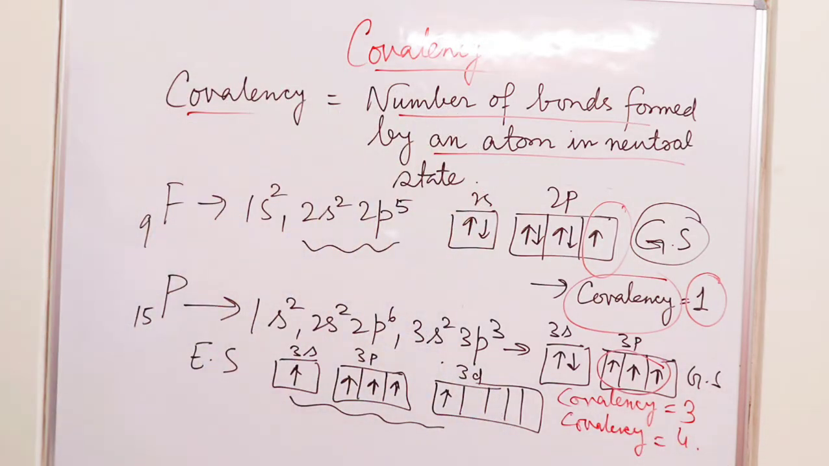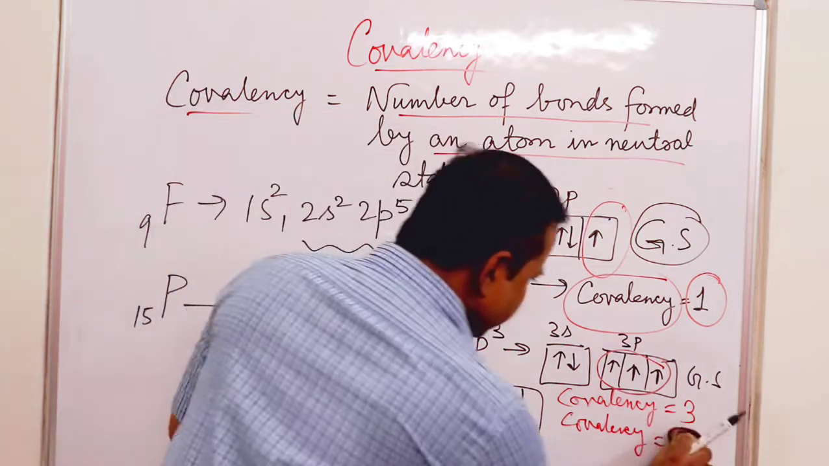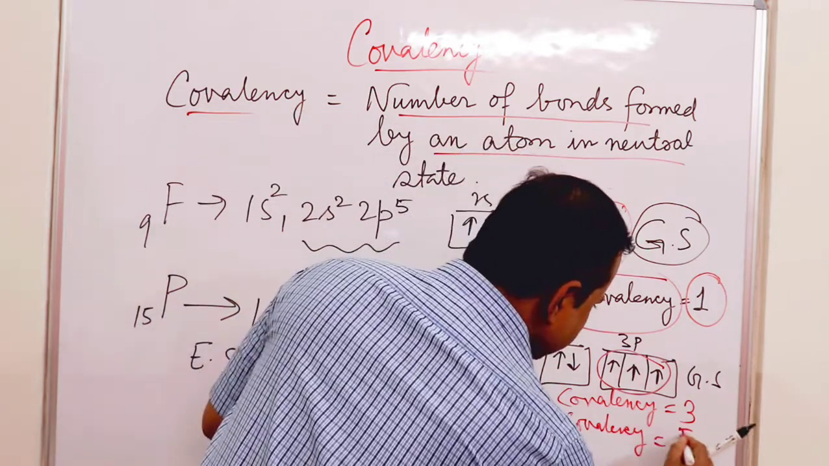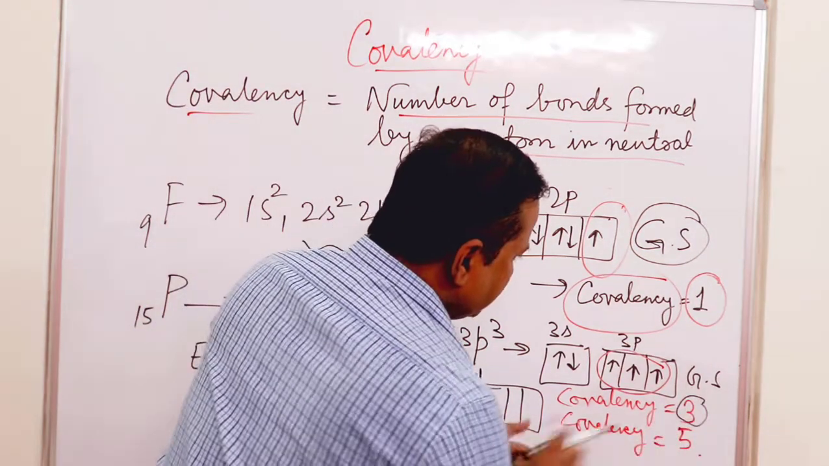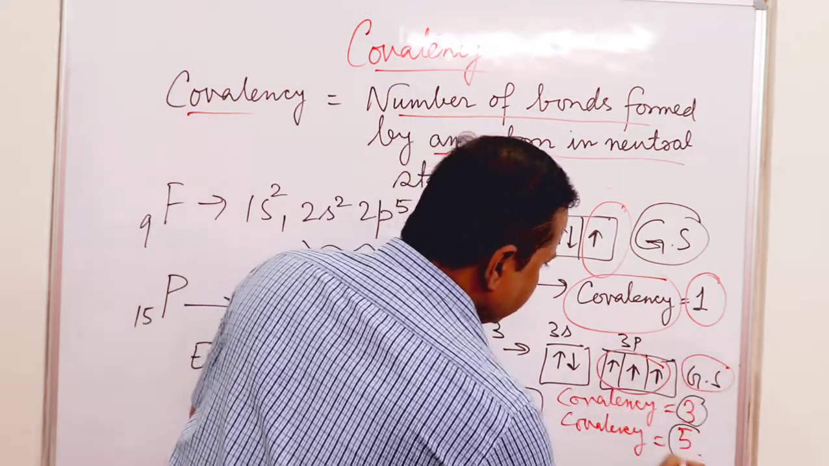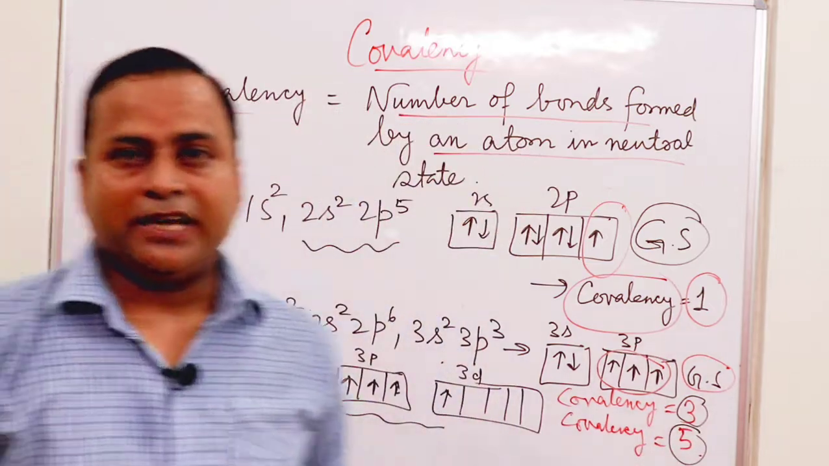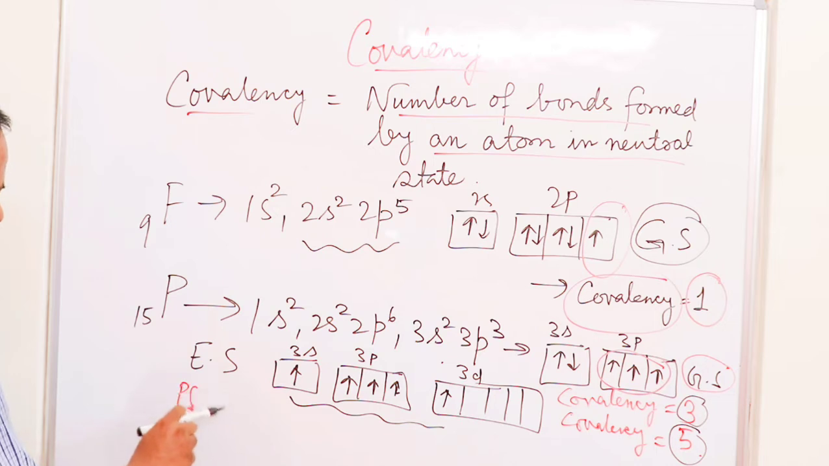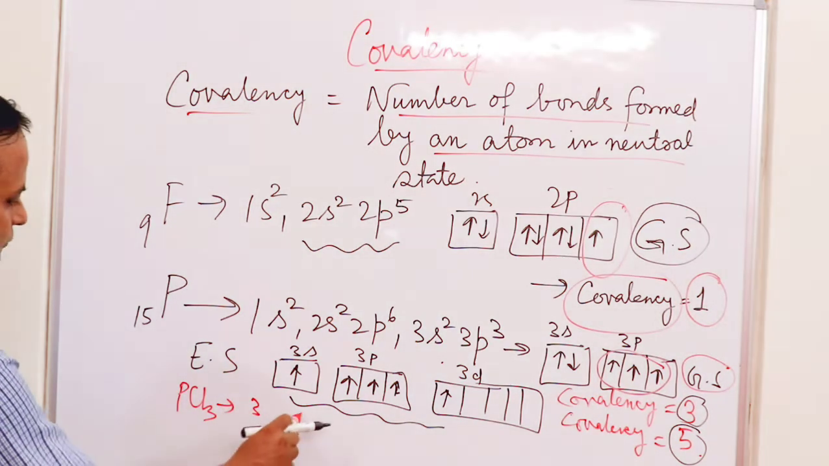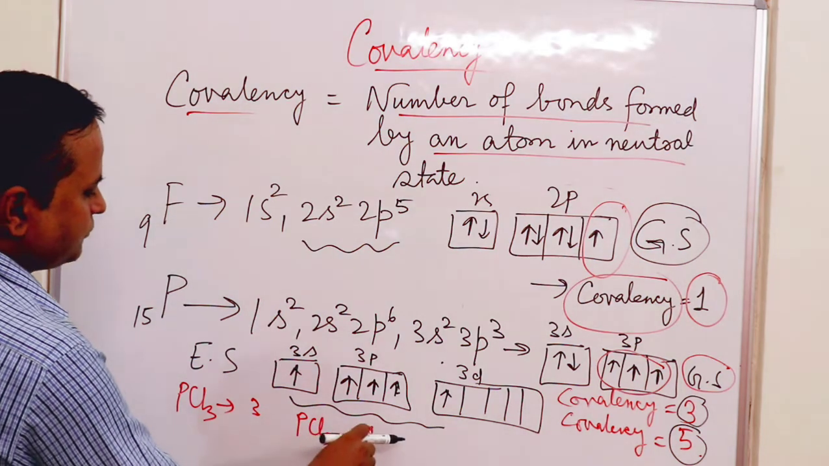Okay, so phosphorus can have 3, 4, 5, not 4, it is 5. I'm sorry, you can see it's 5. Phosphorus can have covalency of 3 in the ground state and 5 in the excited state. That means it can form either 3 bonds or 5 bonds. We can see in PCl3 it is forming 3 bonds, and in PCl5 we can see it is forming 5